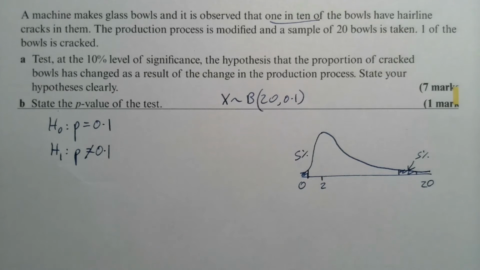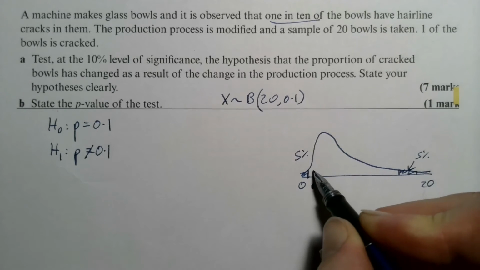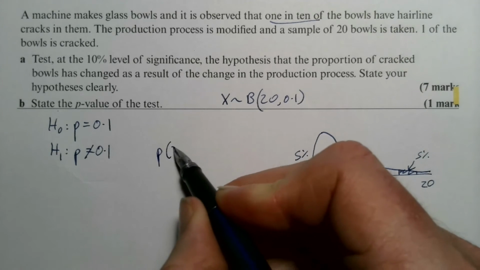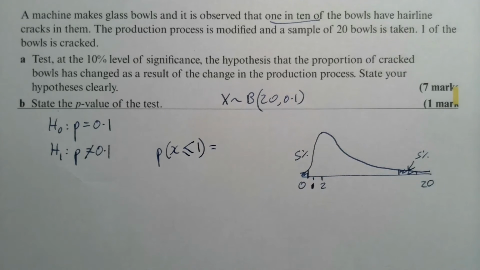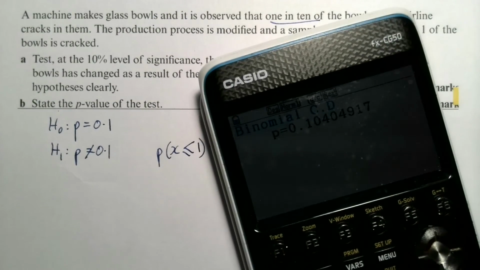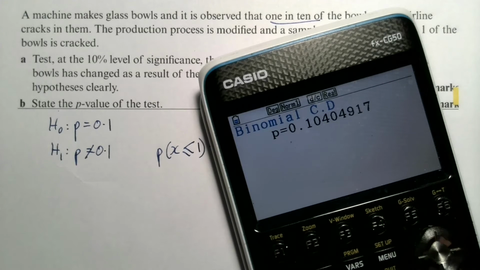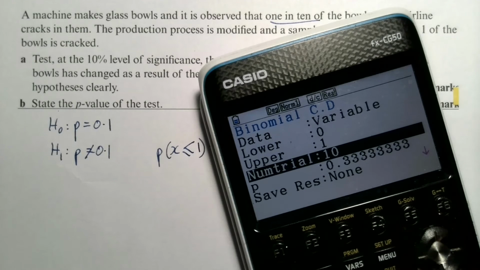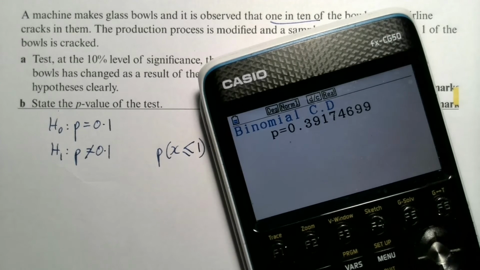Now, what do we get? We're looking at the probability, so we're talking about that 1, and I'm thinking that's probably going to be in there somewhere, but let's find out. We're saying the probability of x being smaller than or equal to 1, so our result being no cracked bowls or 1 cracked bowl, and you're getting your calculator going, back to there. Exit gets us back, doesn't it? So 0 and 1, same as we had before, but this time we've got 20 trials and our probability is 0.1, and that is saying